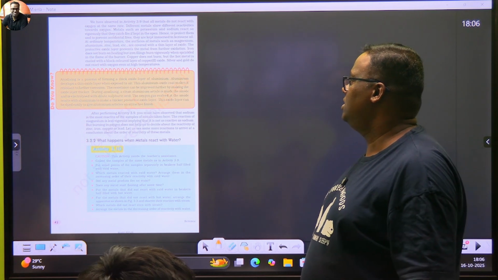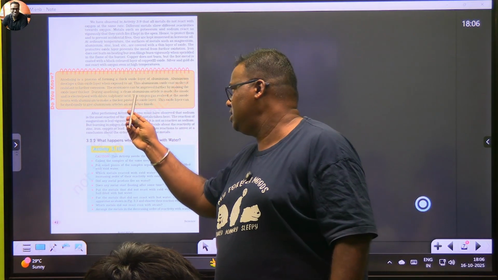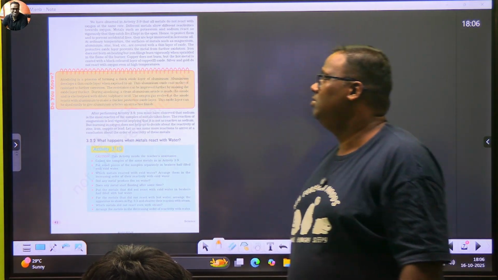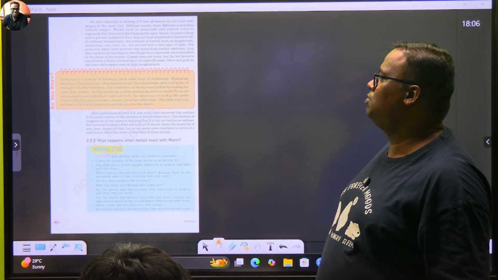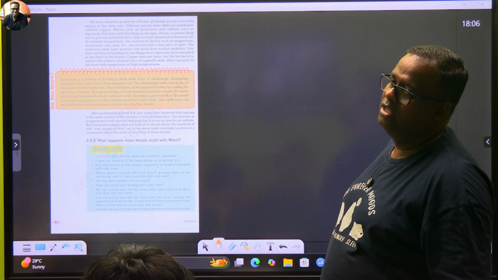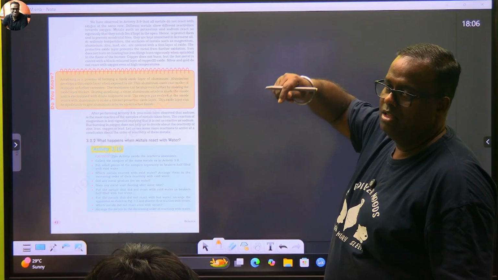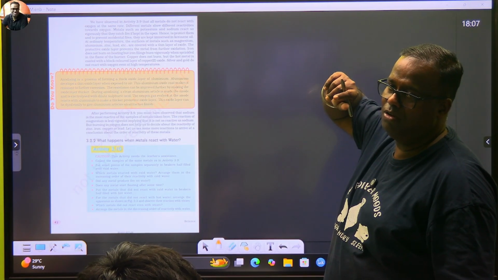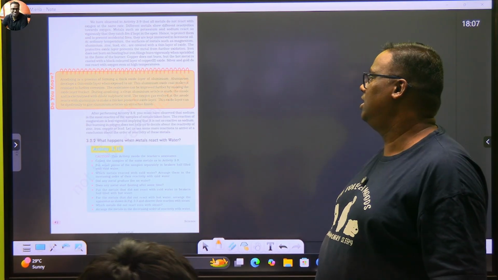Oxygen gas. So it says, look at this, during anodizing, a clean aluminum article is made the anode and is electrolyzed with dilute sulfuric acid. Oxygen gas evolved at the anode reacts with aluminum to make a thicker protective oxide layer. So you will have an aluminum article which will be dipped in sulfuric acid, and the oxygen gas will evolve, and the oxygen gas will then react with the aluminum. You basically have to produce oxygen.